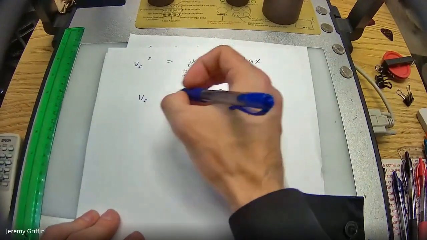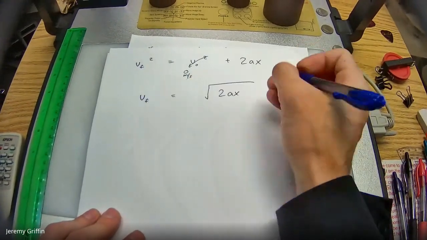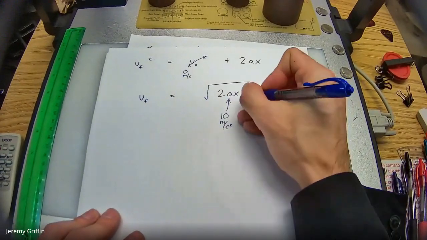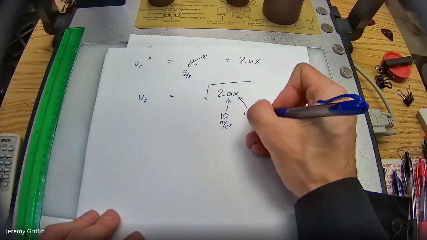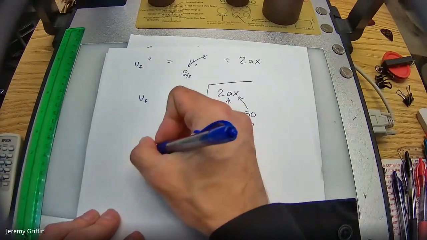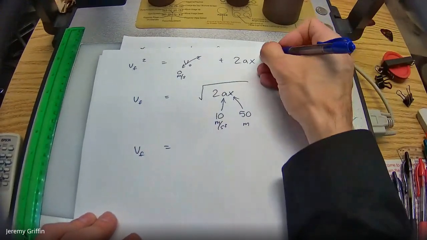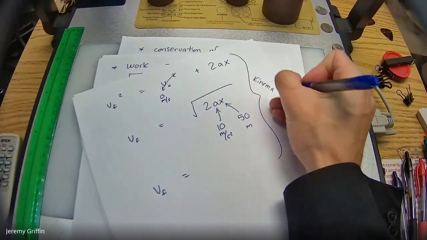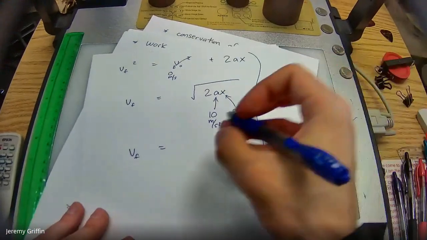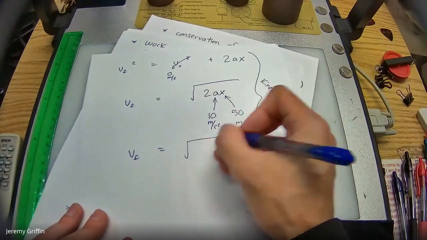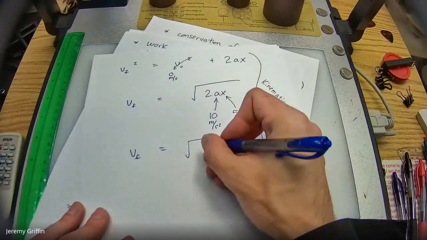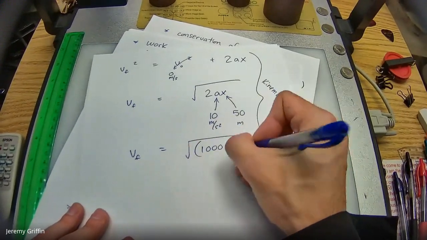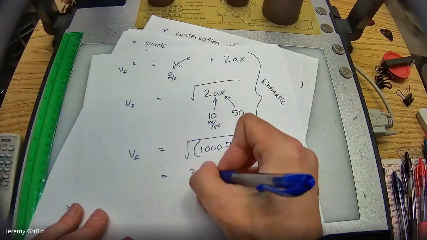Let's say, well, call acceleration like 10 meters per second squared. And the height of the leaning tower piece is about 50 meters, so let's call it 50 meters. And final velocity from the old kinematic point of view, this is all kinematic, this is the old way of doing it, would be the square root of 2 times 10 times 50, that's 1,000 meters squared per second squared, all inside the root, okay, which is 31.6 meters